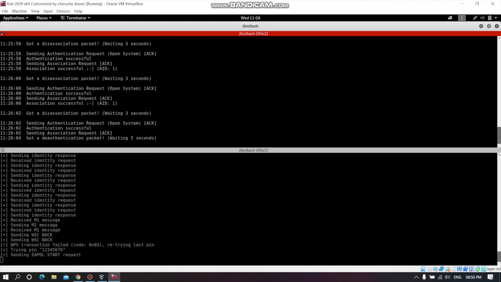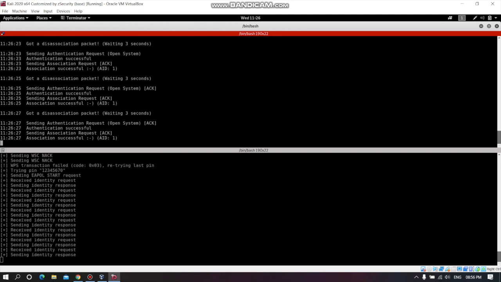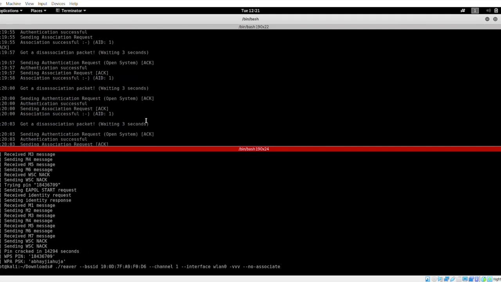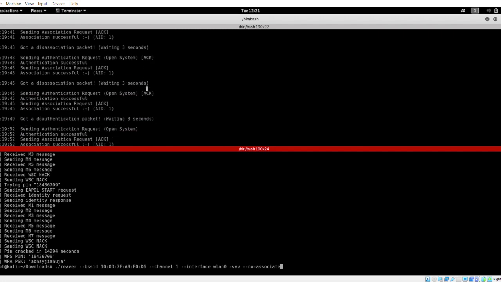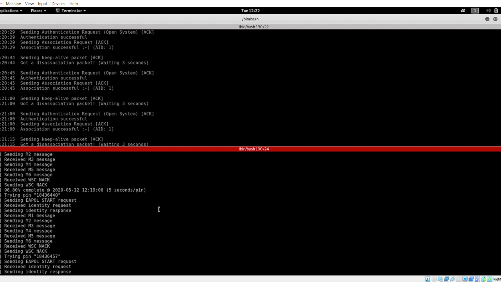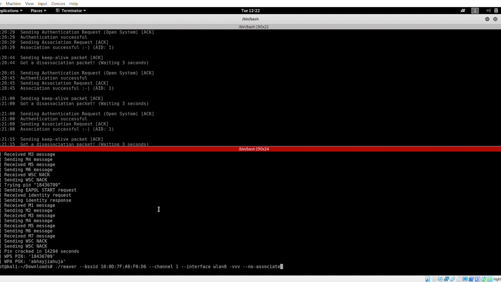The Wi-Fi has been cracked, and now you can see down here the WPS pin which the printer used to connect to the Wi-Fi. It took me more than 2 hours because the Wi-Fi was far from me, so it was disconnecting again and again. If the Wi-Fi is in our range, it will not take that much time. And you can see WPA PSK, which is Abhay G Ahuja, which is the password.